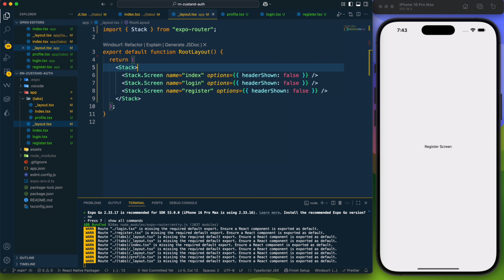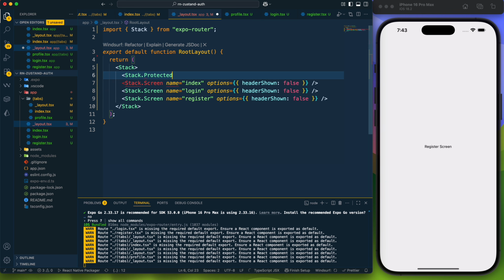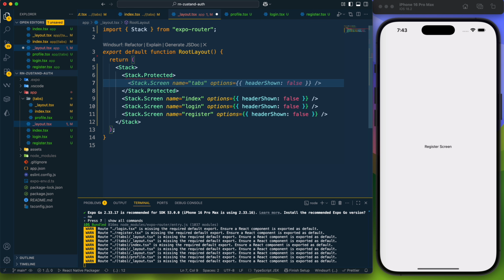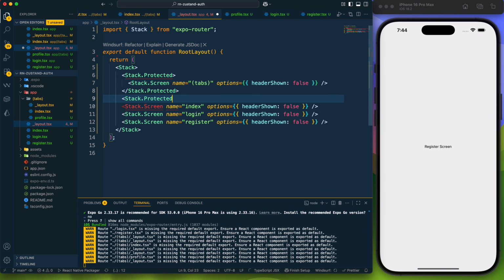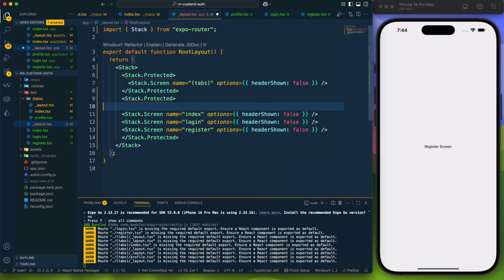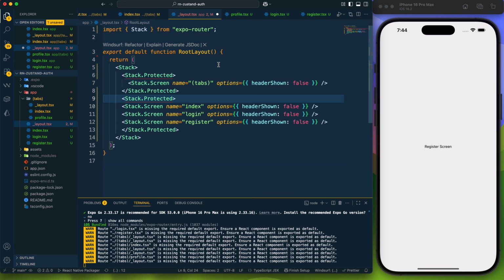So let me provide that. So here I can group Stack.Protected like this, and within this stack I can provide Stack.Screen tabs, and here we have these tabs with the bracket, and similarly here also we can provide protected grouping for this, and here you can see that we have an error, and the error is that we need to provide a prop which is guard, and for the guard we need to provide true